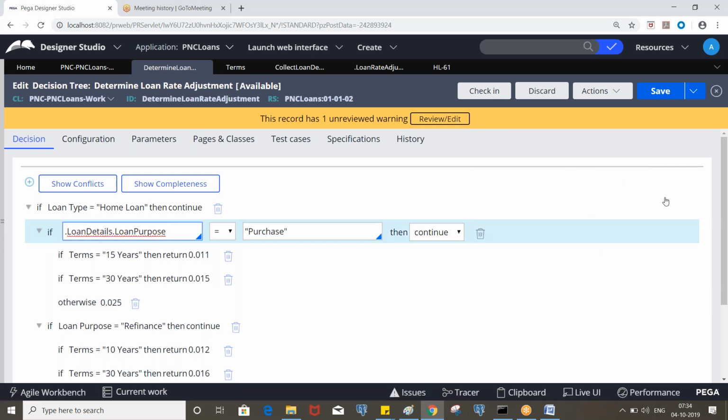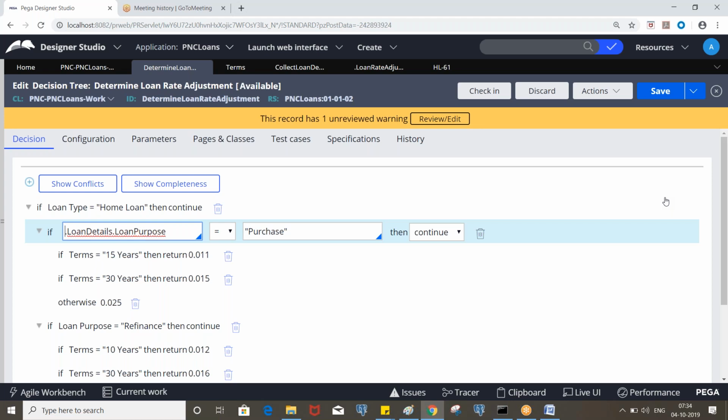If you are working on 7.2 or 7.2.1 or 2, you cannot delegate a decision tree to the business users, which is a little more complex compared to a decision table. But in 7.4 they provided an option for this also.